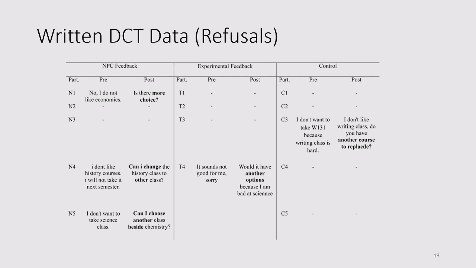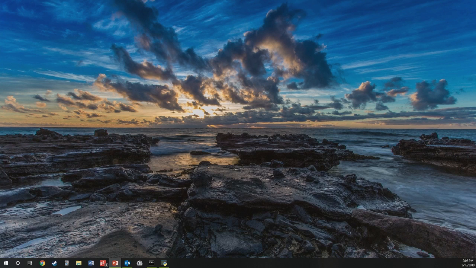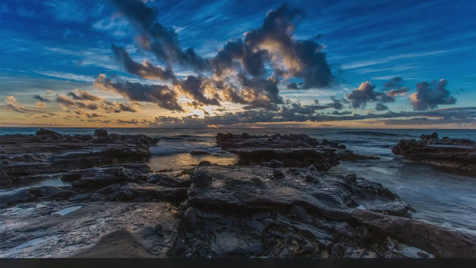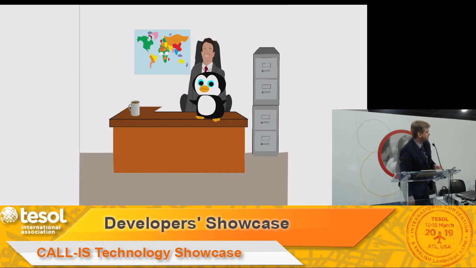I will say one other thing. One other thing that I'm interested in doing is looking at other ways that we can give feedback in a way that is realistic. I don't want the advisor to scold a participant for not using a form that a native speaker would use. So another idea is having some other characters come in and give feedback, right? Some sort of guide. You could think of this like Clippy from Microsoft Word that's like, oh, did you make a mistake? So here's my Pragmatics Penguin. I'll be experimenting with this for giving more explicit types of feedback in the simulation.